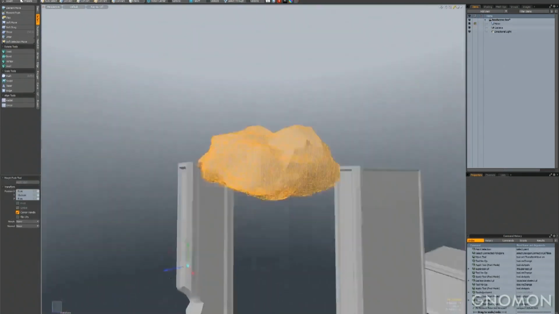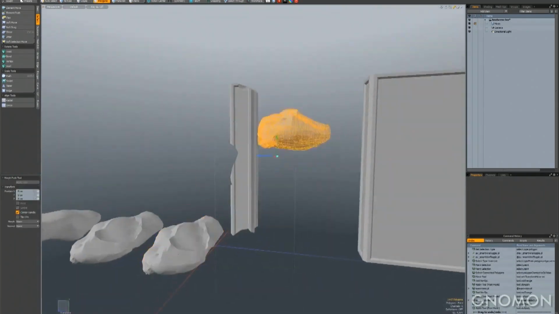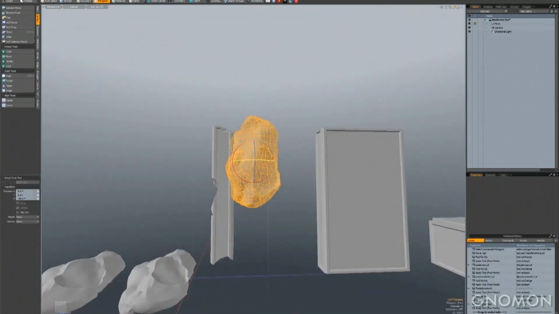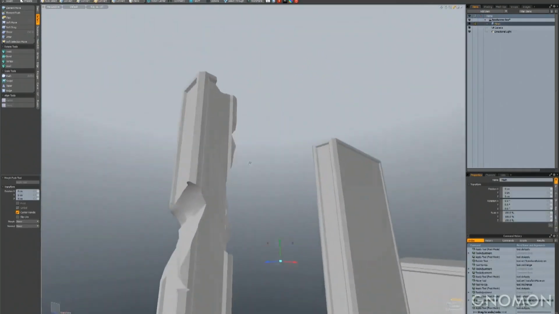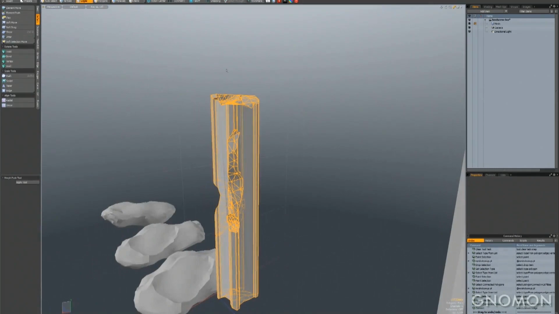And something interesting about Modo 10 is you can actually do this procedurally now too. So if you add this as a mesh operation, you can actually go back and start pulling this stuff around after the fact if you didn't like the first shape that you made. This is a super, super awesome workflow.